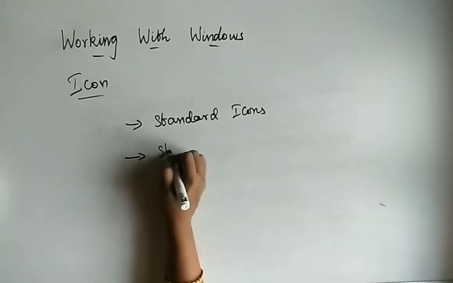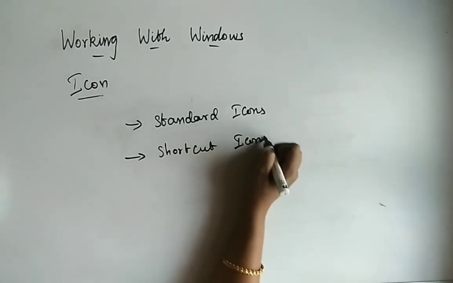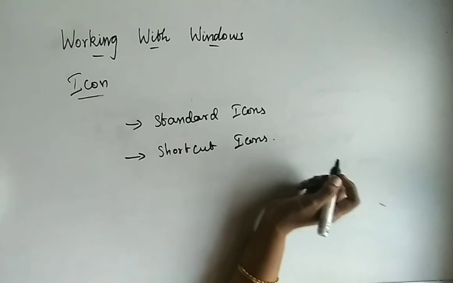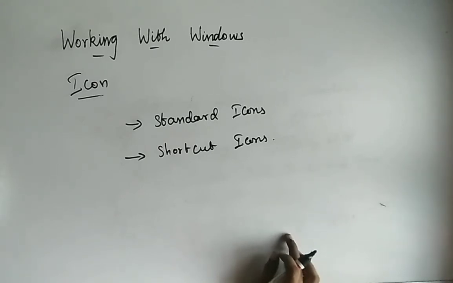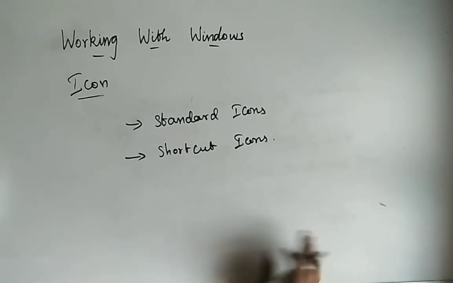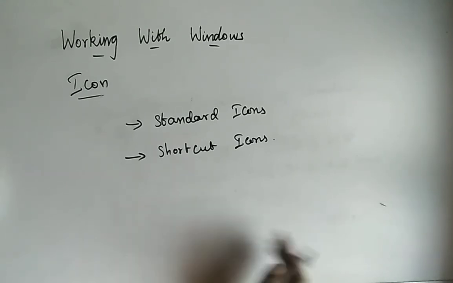Next we discussed shortcut icons. For example, if you want to open Word, what do you have to do? You have to go to Start, My Programs, Office, then click Microsoft Office. Instead, if a shortcut icon is displayed on the Windows desktop, just by clicking the icon the application will be automatically opened for you. Similarly, files or folders can be opened easily when a shortcut icon is displayed on the desktop.